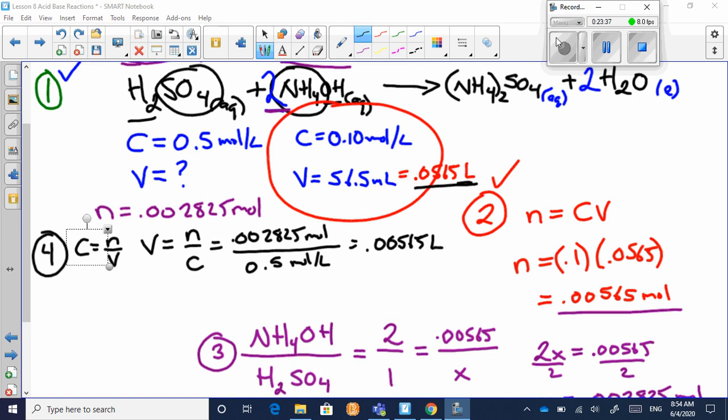The connection here is that essentially you need half as many moles. I'm just going to underline this. You need half as many moles, in this case, of the sulfuric acid, because of the mole ratio. You need half as many moles, but in this case, you've